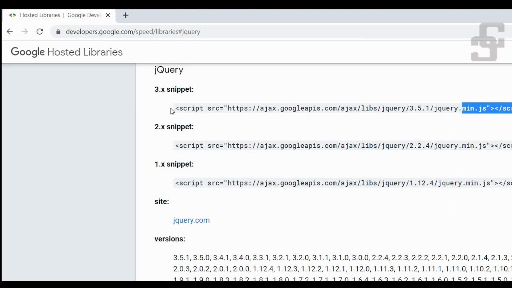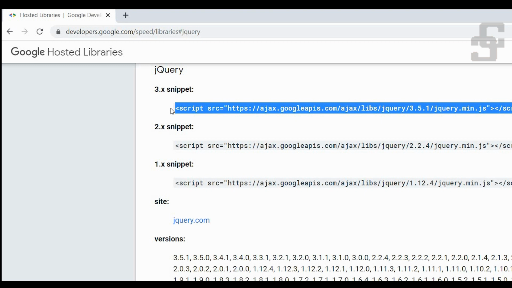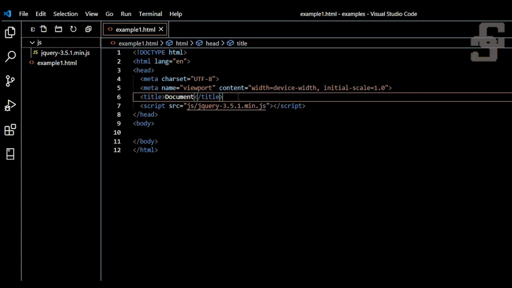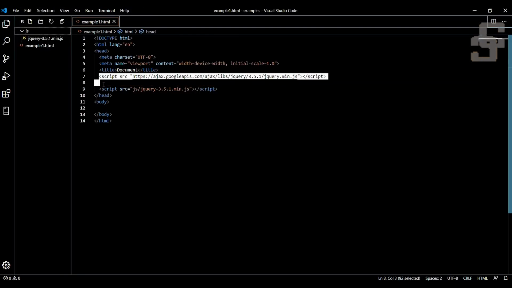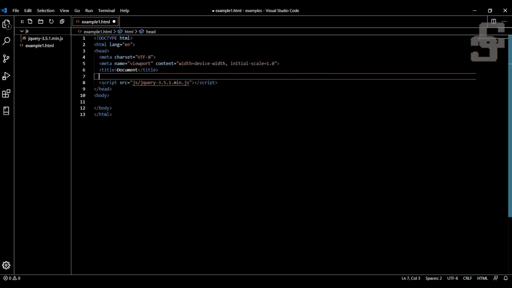There you can find a snippet like this. You can just copy it and place it here. So we can refer like this. Sometimes the CDN goes down for some reason, so we need to have a fallback mechanism when it goes down. Currently I have the JS offline, so I am going to use it.